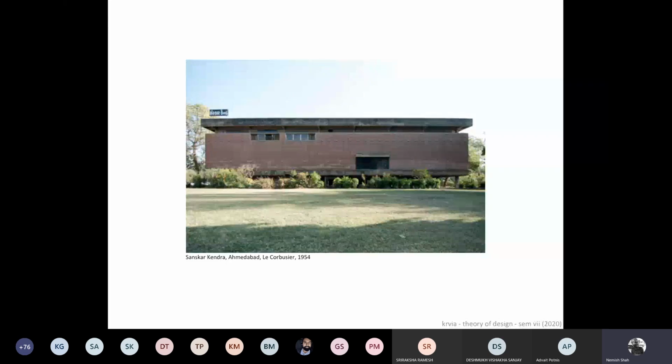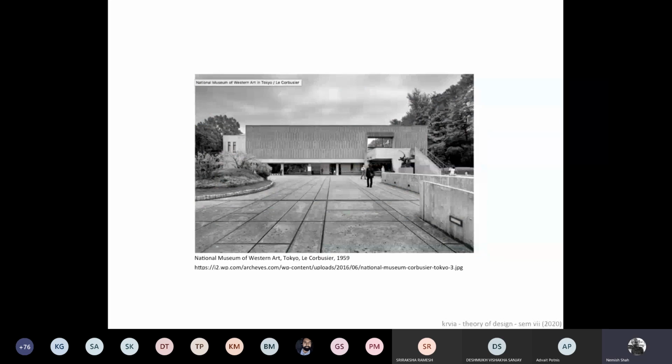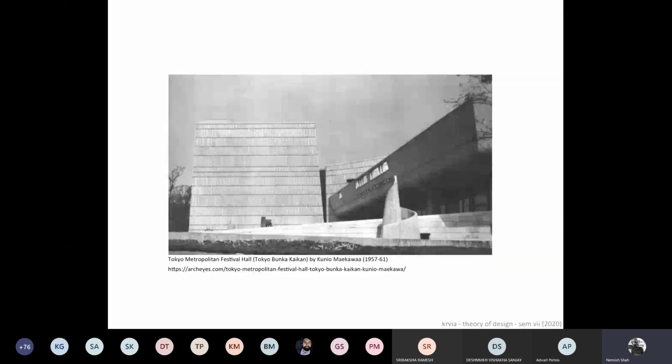So Corbusier again, you see that he's going from here to there, taking his ideas to India, then back to Japan, and influencing ideas there also. So there's this sense of modernism, that this modern architecture, that these few architects, Gropius, Frank Lloyd Wright, Le Corbusier, they influence so many people around that time in the world, that this became so pervasive and became the language of all these countries which started trying to become modern actually.